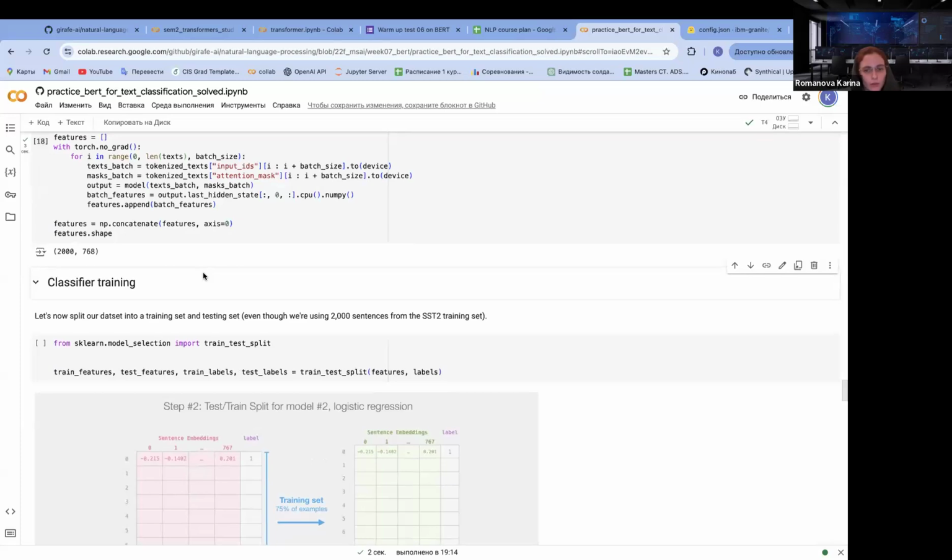So let's move on to building and training a classifier. Now we'll extract features using BERT and train a logistic regression classifier. And here